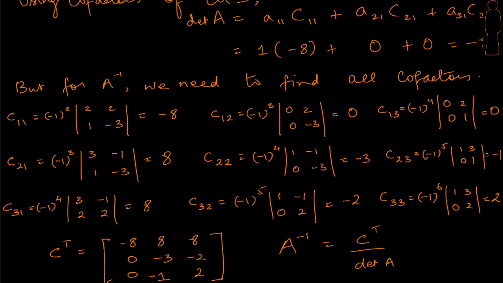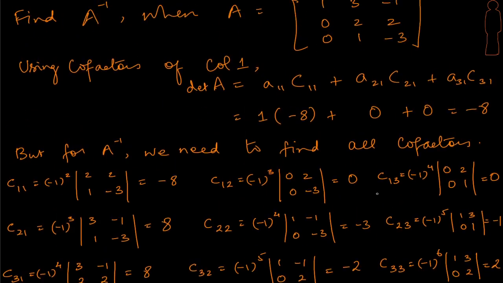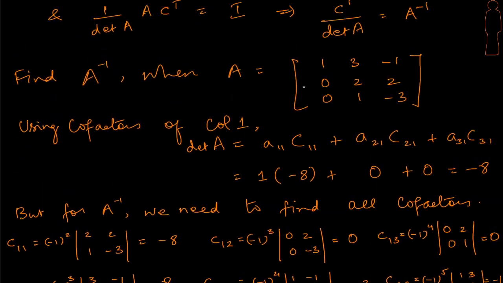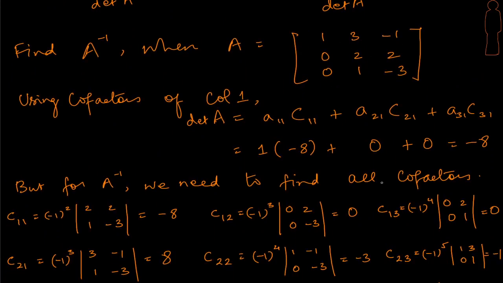Let's look at C23. So this is going to be minus 1 power 2 plus 3, and the cofactor, which is the determinant of the submatrix M23, and M23 is obtained after removing the second row and third column from A. Let's look at that. So let's remove second row and third column. That gives us 1 3 0 1. Let's check this here. Yes, so that's indeed 1 3 0 1, and the determinant of that is 1 minus 0, and therefore that's 1. This is a minus 1, therefore there will be a minus 1 here.